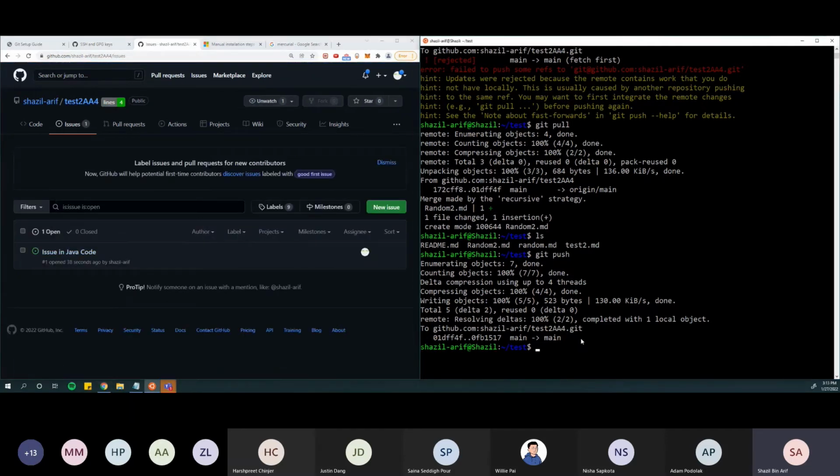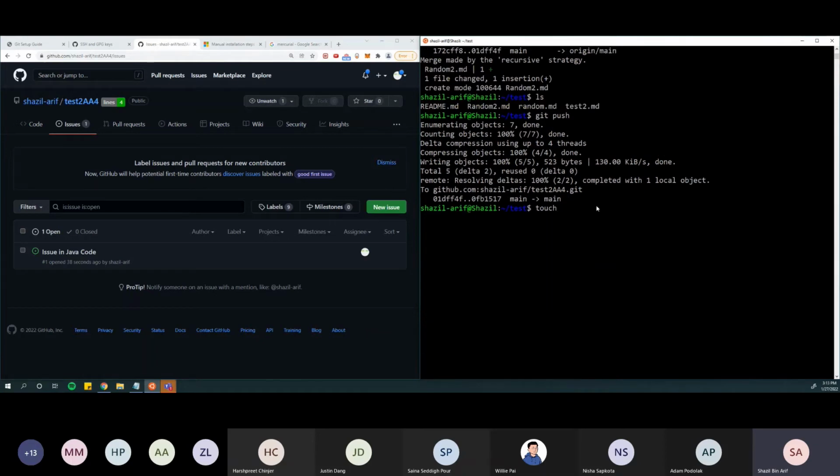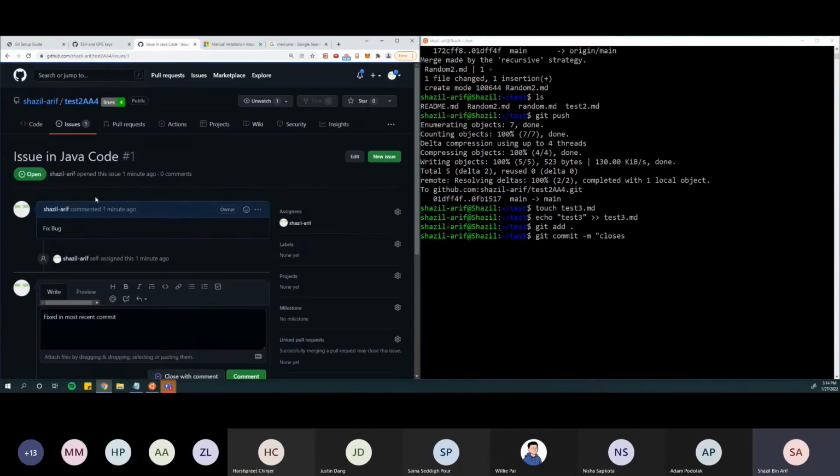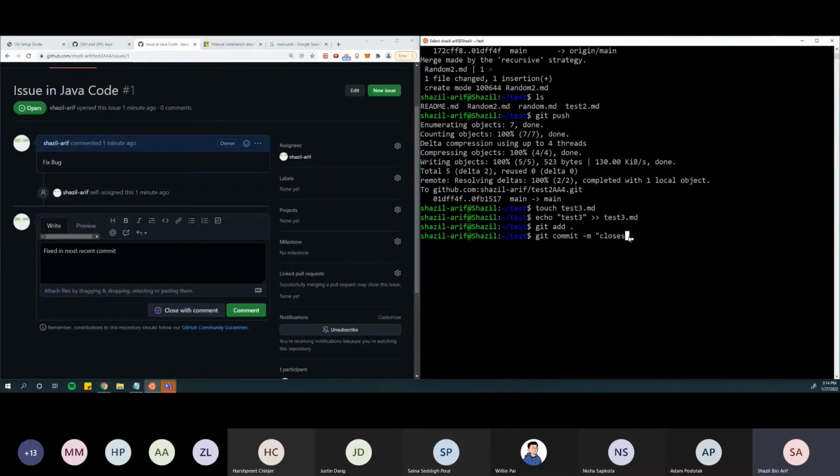The way you fix this is, what we're going to do is let's just make another file again, just to make some changes that we can push. We do touch, let's just do test3.markdown, and then we can just add some text to it, test3. And then basically what we're going to do is add that file. We're going to commit it. Basically, the way you address issues is in your commit message, you can use the keyword closes. So you can do closes and then the number of the issue. So you can see that this is number 1 if you look at it on GitHub. So basically, you can do closes number 1,